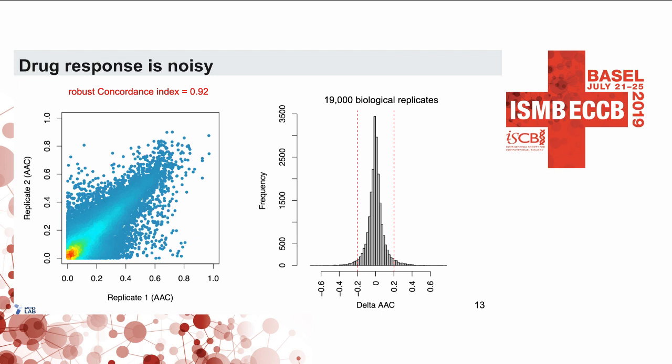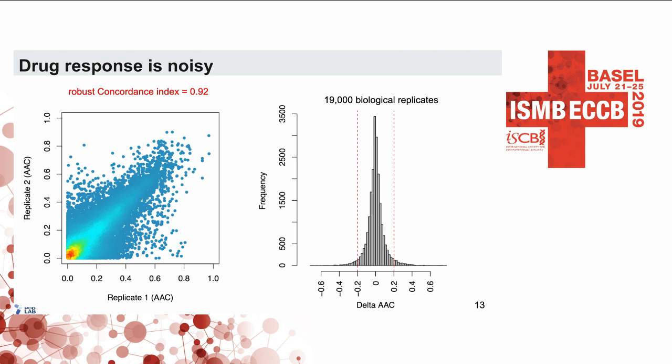And you can see that it's very well centered around 0, with a standard deviation between -0.2 and 0.2. So you can see that the noise in biological replicates, if I consider 95% of the cases, stays between -0.2 and 0.2. So if we consider that as the noise in these kinds of assays,